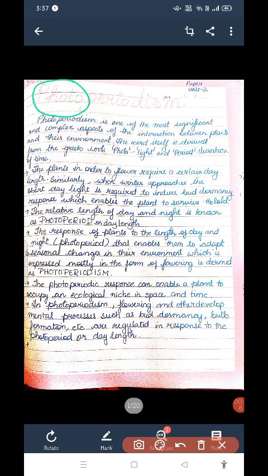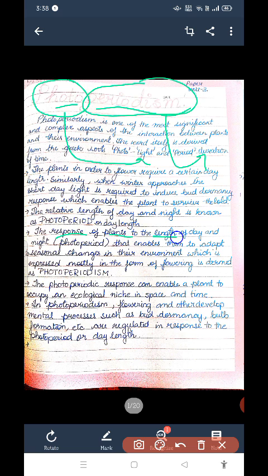Photo always stands for light. Periodism stands for the duration. Okay, so the meaning of the word photoperiodism is it stands for the response of the plants to the length